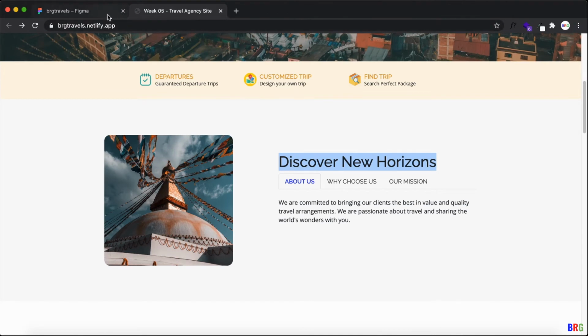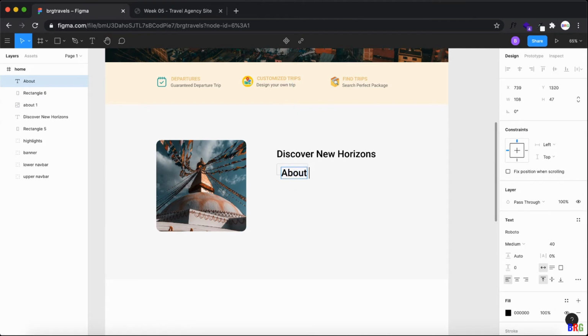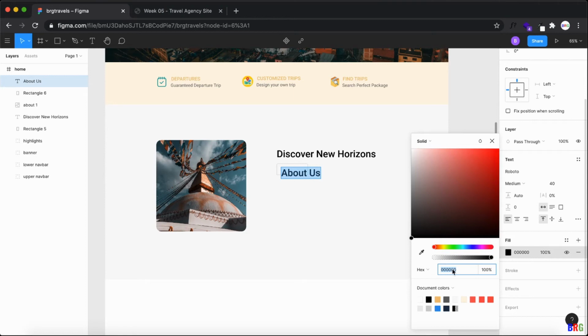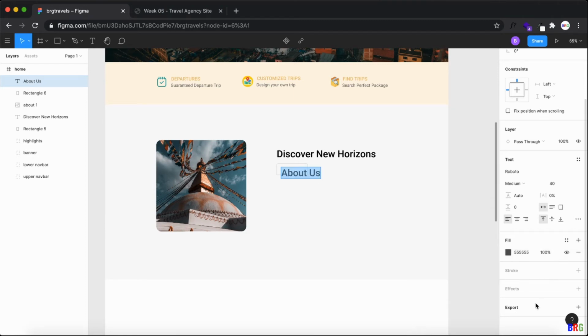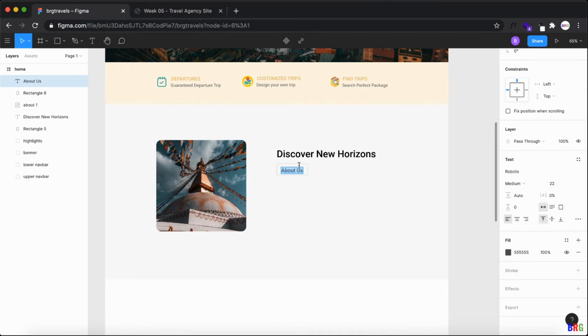And then why choose us. Okay, for this about us as 455, color as 555, and then this as 22 as our standard size, and then it has medium because this has been selected.